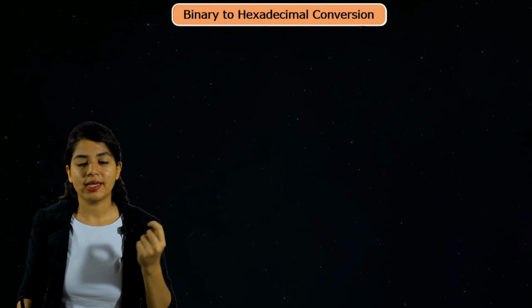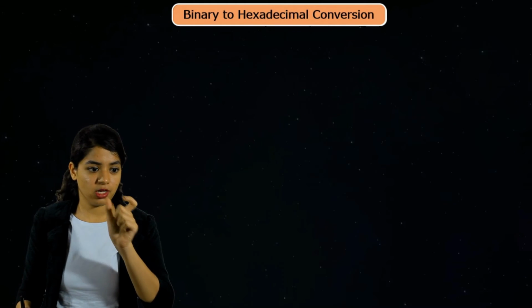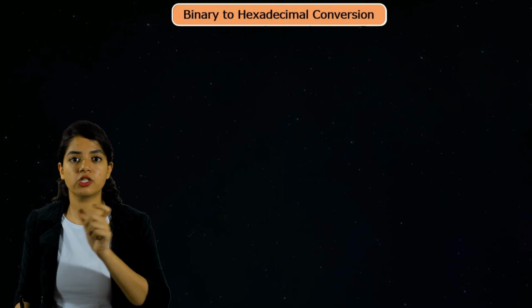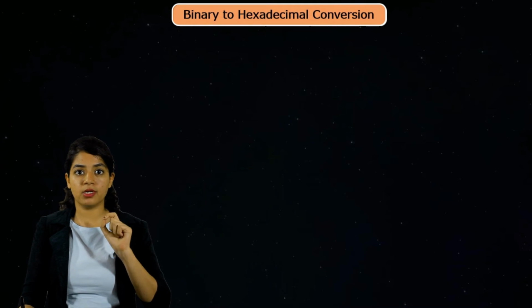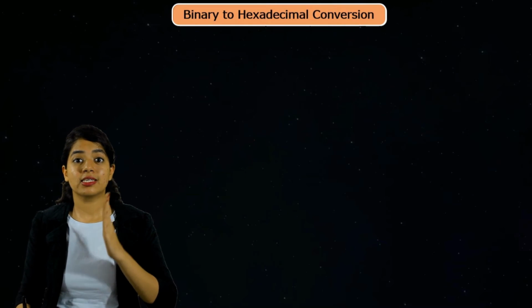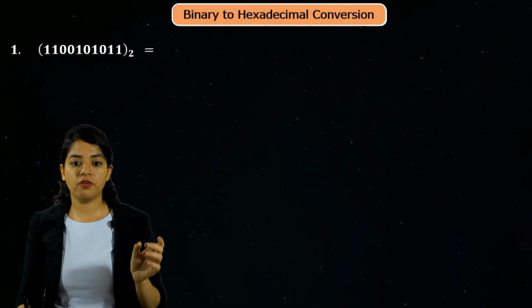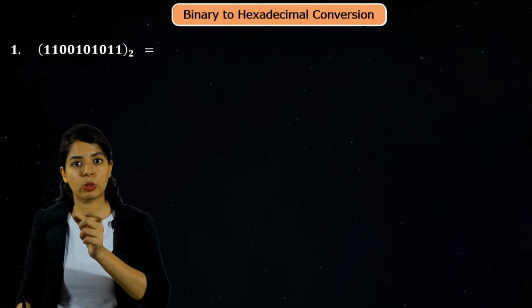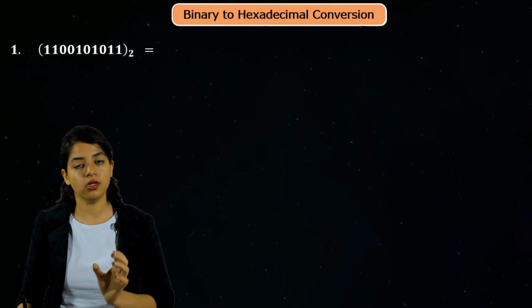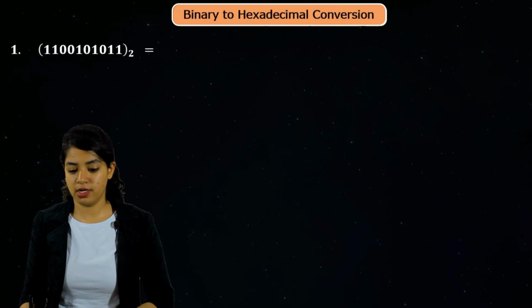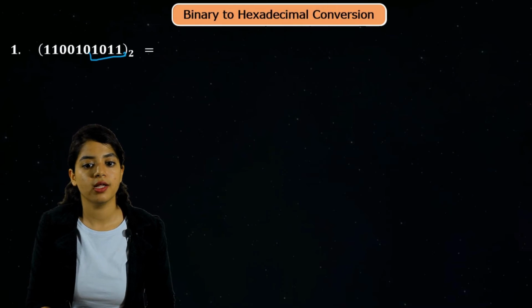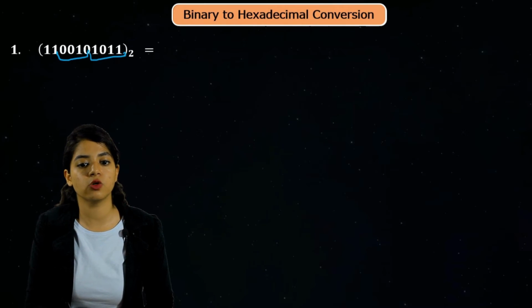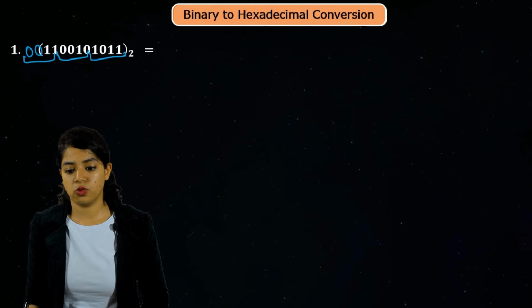Now how did we convert from binary to octal? We got 3 bits of binary number, converted them to decimal, and then got the octal number system, right? Similarly here also, 16 is nothing but 2 power 4. So we will take 4 bits and convert them into the corresponding decimal number, and that's how we will get our hexadecimal number. Let's understand this. Here we will convert these 4 bits first: 1011, then 0010, and then 11, where we append extra zeros to make it 4 digits.